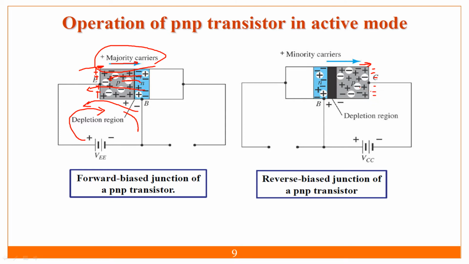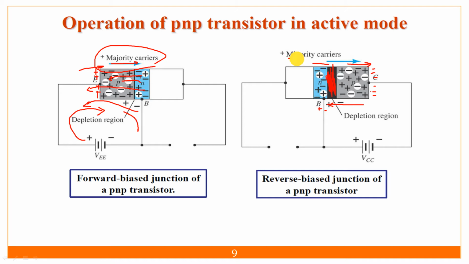Okay, negative over here. And what will happen in this case if I'm connecting the positive over here? Positive over here. So whatever the electrons are there, they are getting attracted to this side. But in the reverse bias, what will happen? In this junction, because holes are getting attracted to this side and electrons to this side, the depletion region in between these two is going to be increasing, and no current is going to flow.